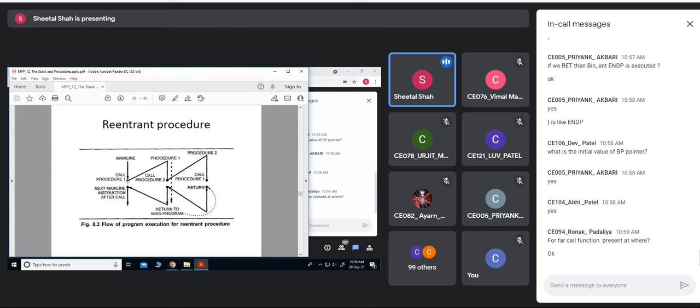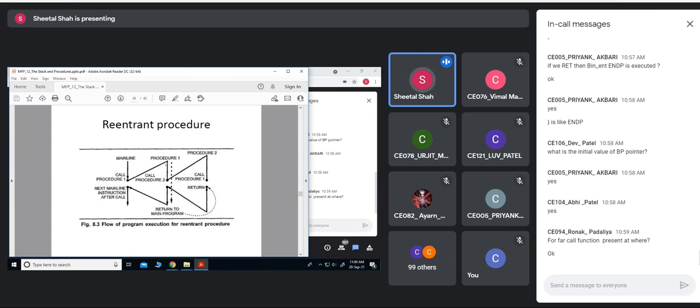This is my main program. Here, some procedure is called, procedure 1. So procedure 1 is here. This is my entire procedure 1. Within this procedure, it may call the second procedure, say procedure 2. This procedure 2, once again, may call procedure 1.